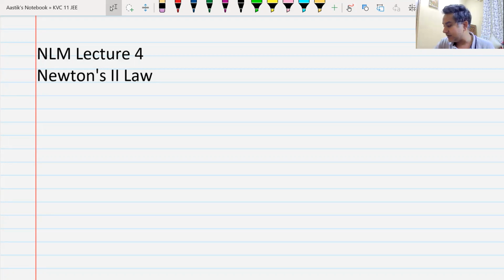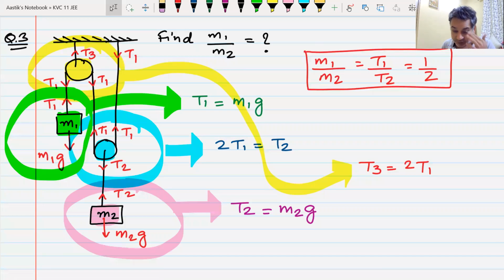In the last class, we were dealing with problems in equilibrium, and we had seen how to solve them. You just have to draw the free body diagram, find out the forces, resolve the forces along two directions, horizontal and vertical, or x and y, equate the forces and get your answer. So everyone remembers it, yes or no? In that category,